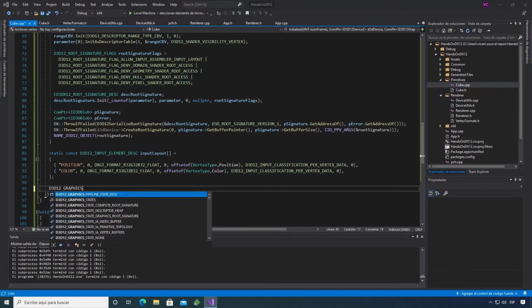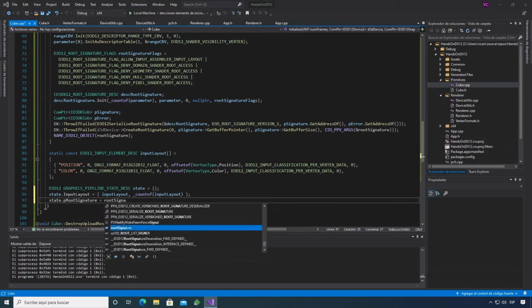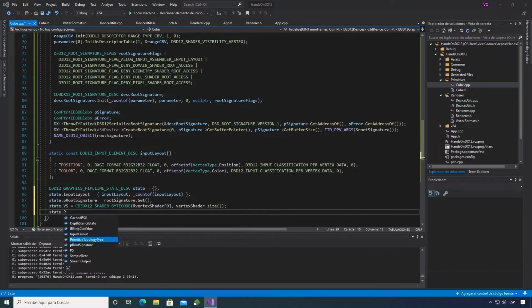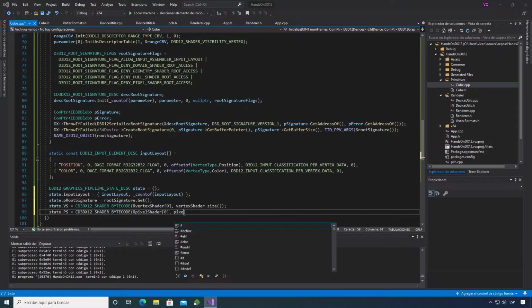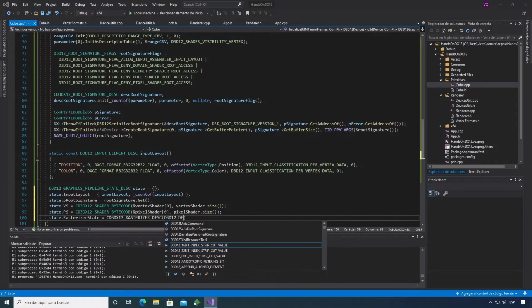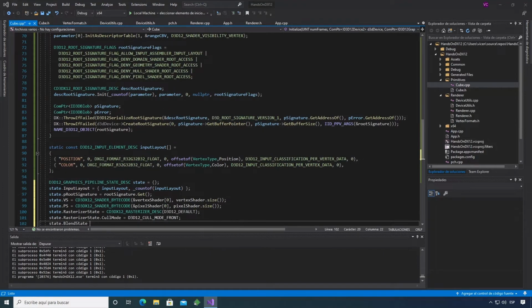Create a descriptor for the pipeline state, initialize the input layout with the pointer to the input element desc and the number of elements in the vertices, pRootSignature as root signature get, the vertex shader as the shader bytecode of the vertex shader, the pixel shader as the shader bytecode of the pixel shader, the rasterizer state as a rasterizer desc in default mode, but define its cull mode as cull mode front,